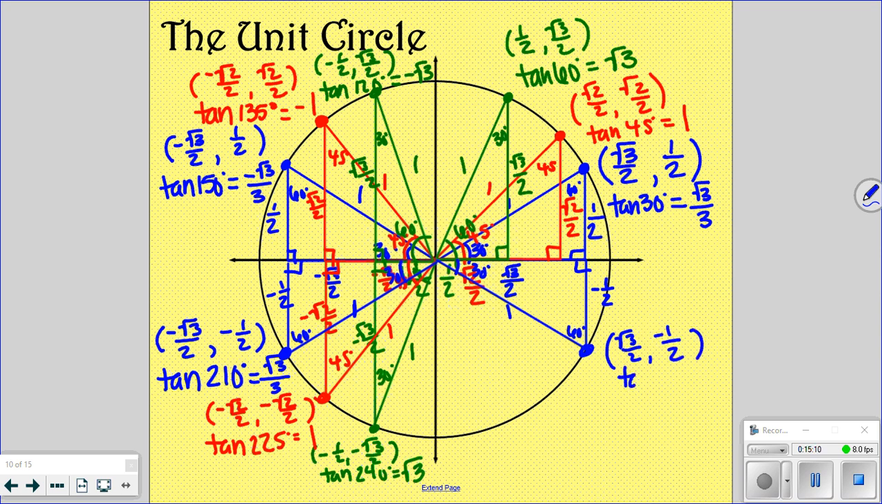And the tangent value, we went all but 30 degrees. So 360 minus 30 is 330. And so that's going to be a negative square root of 3 over 3. Okay, now we're going to do the red triangle. So if we make our red triangle,